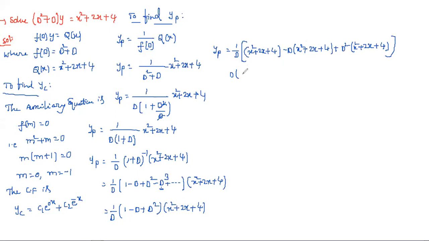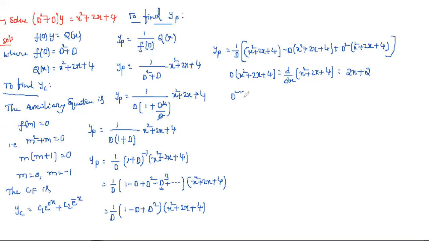First, one time derivative. So D of (x² + 2x + 4) is equal to, D is representing d by dx of (x² + 2x + 4). So it means simply what we'll get: the x² derivative is nothing but 2x, and the 2x derivative is nothing but 2. So 4 is a constant, the derivative becomes 0.